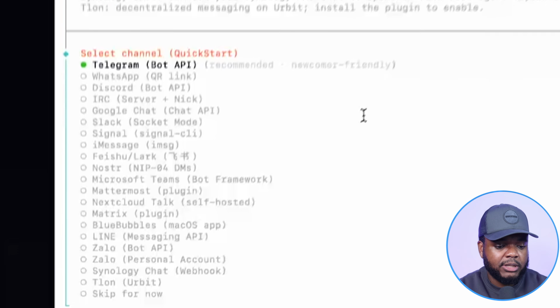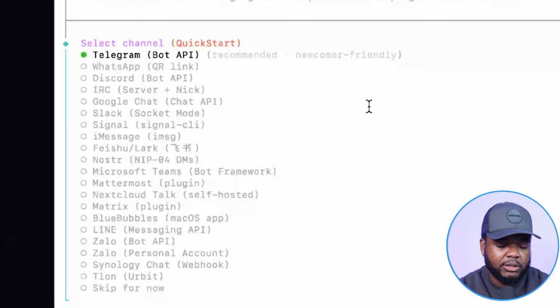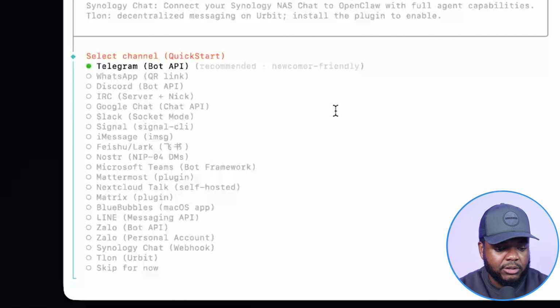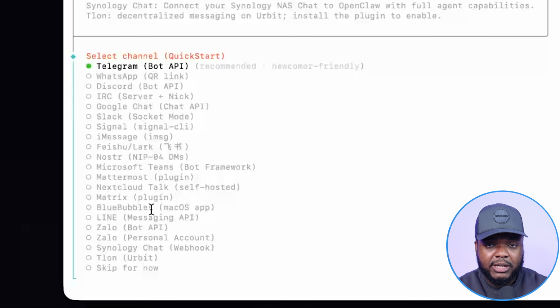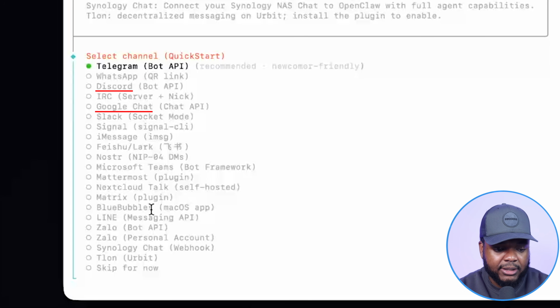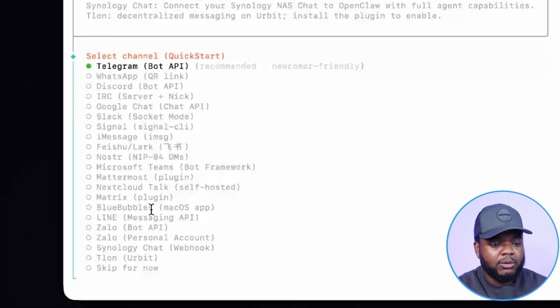Okay, so this part of the process is really important. It's where you're going to select your method of communicating with your OpenClaw. One thing that confuses a lot of people is, Sam, if OpenClaw is going to live directly in my computer, how exactly am I going to prompt it? How exactly am I going to instruct it? Well, the way that you're going to do that is going to be with one of these different channels. The most popular ones that you can see here are going to be things like Google Chat, Discord, WhatsApp, or you can use Telegram. And this is why I find OpenClaw really interesting, is because you can literally connect it